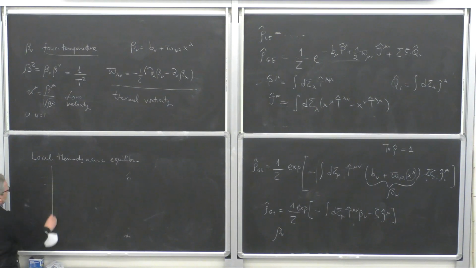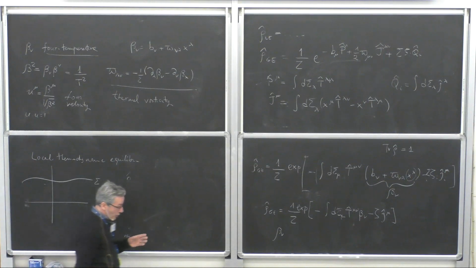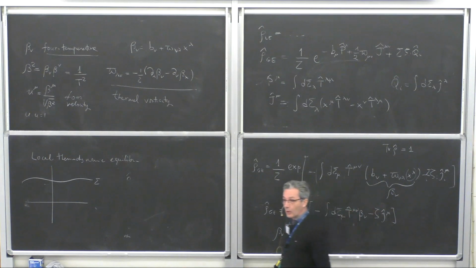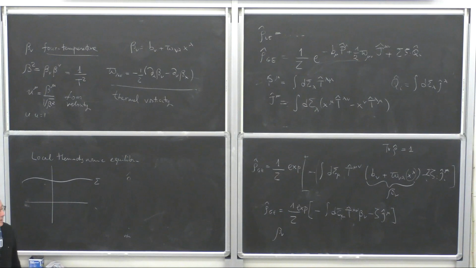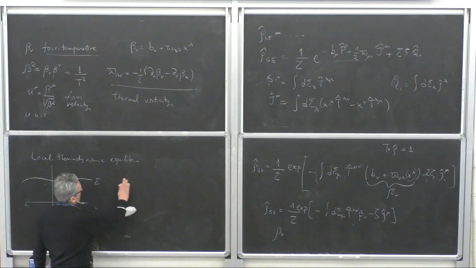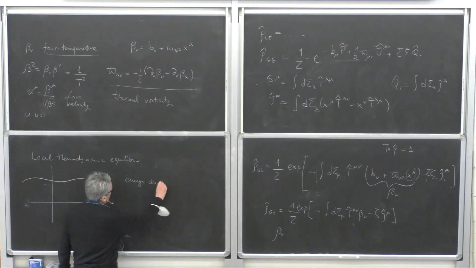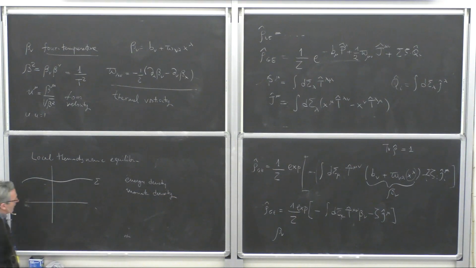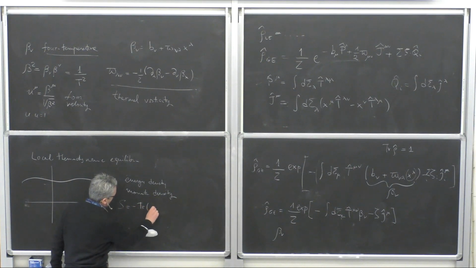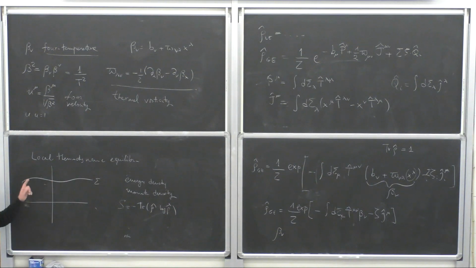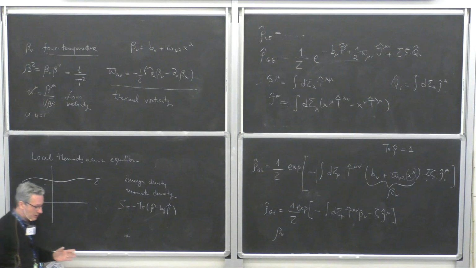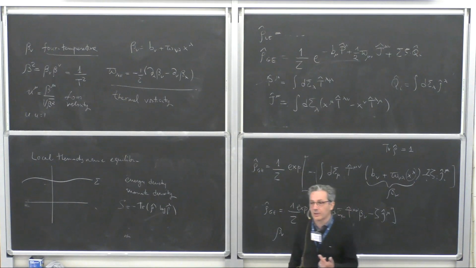And how to do this? Well, assume that you have a hypersurface where you know what are the values of the energy and momentum densities. So assume that over this hypersurface, what you know is the energy density and the momentum density. And you want to maximize entropy by forcing the energy density and the momentum density, at all points of this hypersurface, to be some assigned value. This corresponds to implementing the concept of local thermodynamic equilibrium in a quantum statistical framework,